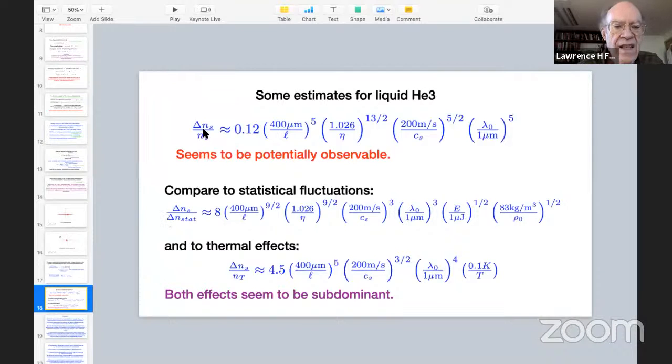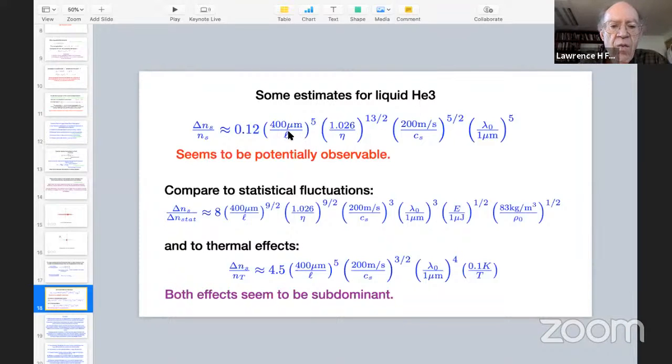So what we're interested in is the ratio of this variation in the number in a measurement to how many you would have expected just from linear fluctuations of the field. Here I'm just going to quote some brief results. We chose liquid helium-3 because you want to do this at low temperatures, and you want something that's not a superfluid. Helium-4 becomes a superfluid at too high a temperature, whereas helium-3 becomes a superfluid only at very, very low temperatures.